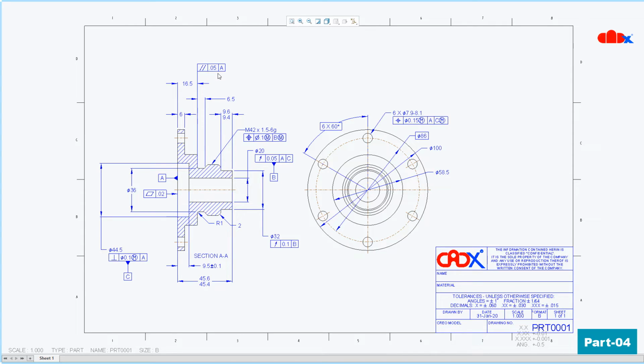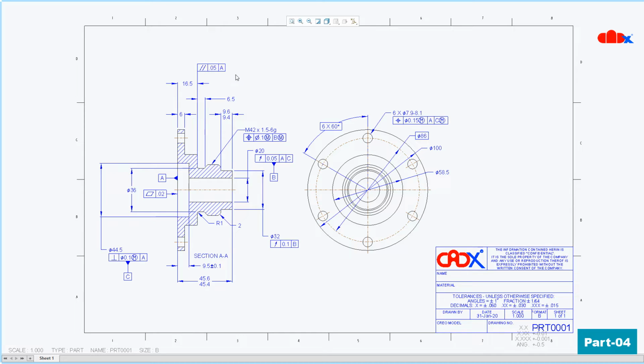Now the next symbol is parallelism. Since we were not able to place this part using this surface onto our inspection table, we didn't apply datum A to this surface. Otherwise, I would have applied datum A and flatness to this surface to avoid this symbol. So in cases where you cannot apply your primary datum to the critical surface, but you need this surface to be treated just like the primary surface, you apply parallelism. So now we are saying that this surface should be parallel with this surface. If this surface tilts, this should also tilt. That means this surface should exactly reflect this surface within the given range,